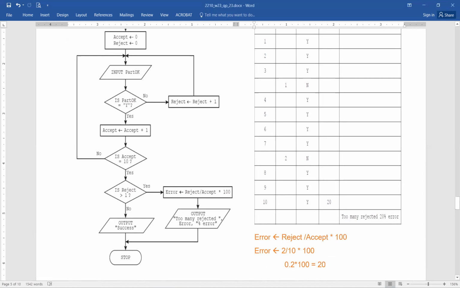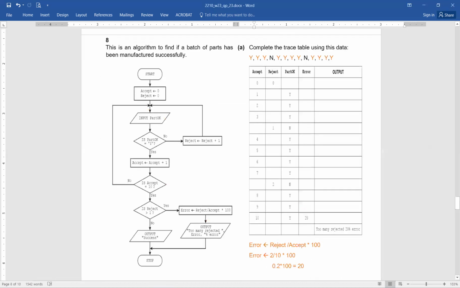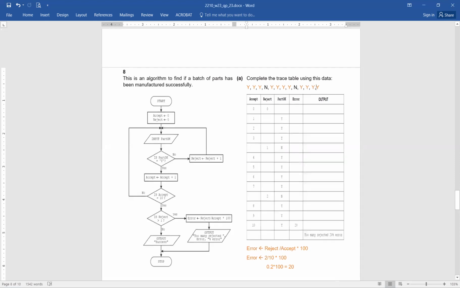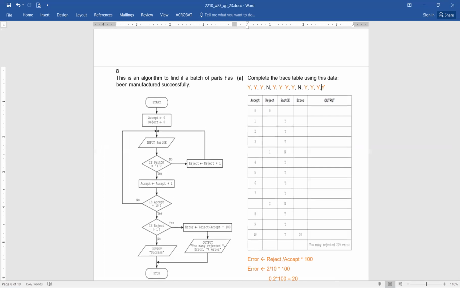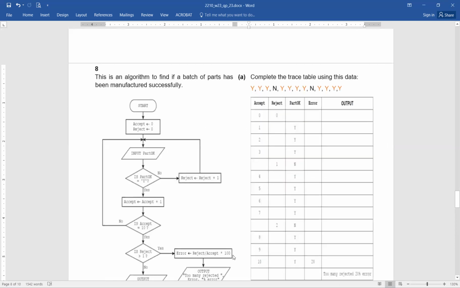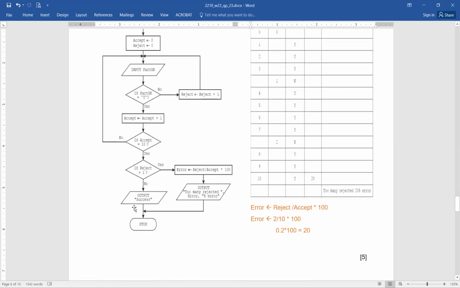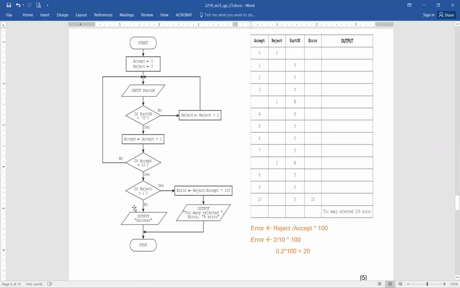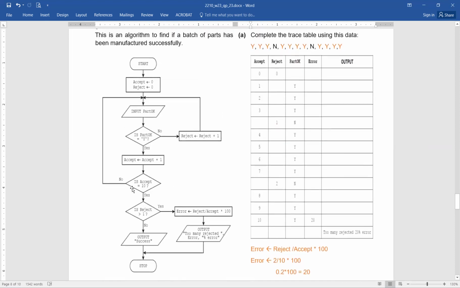Just let me make it a little bit more visible so that we all can understand it easily. Okay. Now this is my flowchart, starting with start, and then we have the process box, accept 0, reject 0,